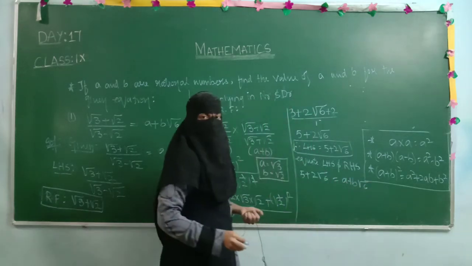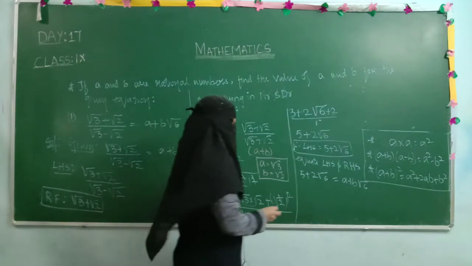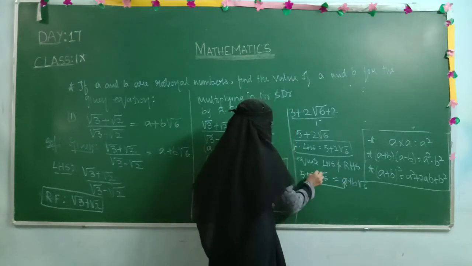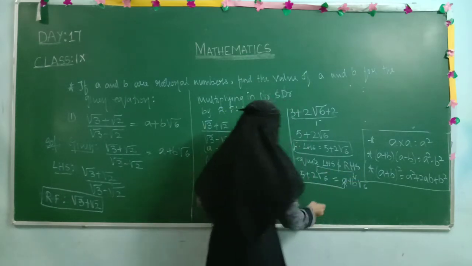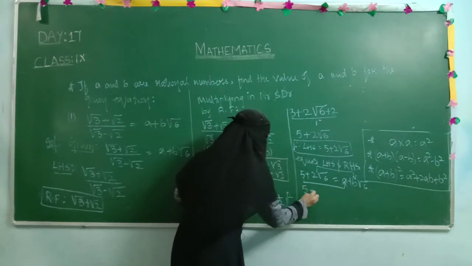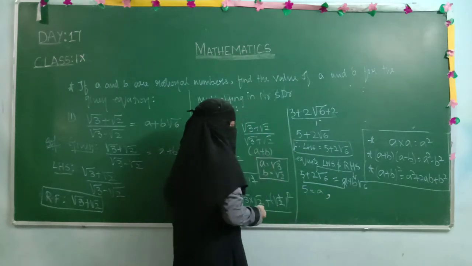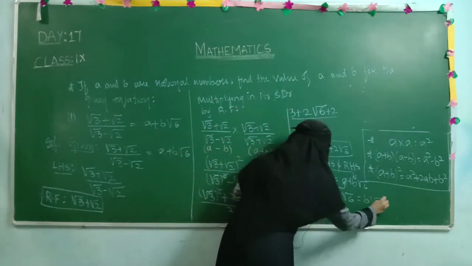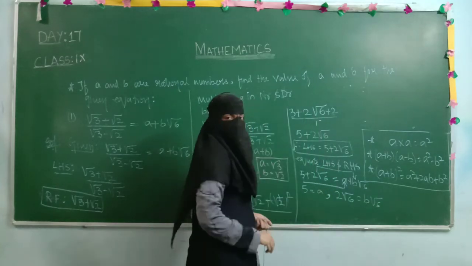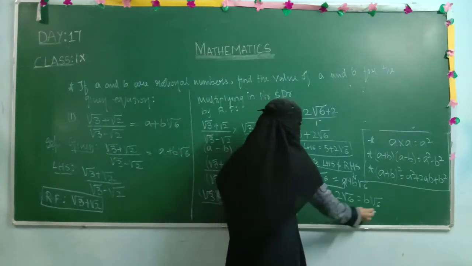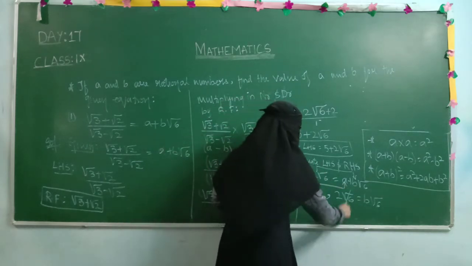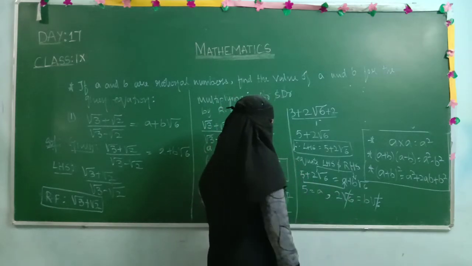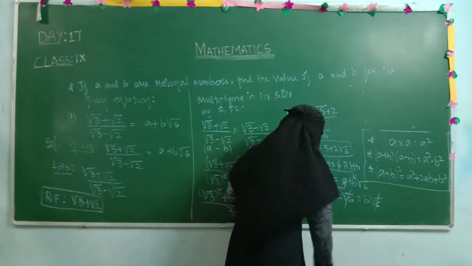Now here we are comparing first term with first term, second term with second term. So this is your first term, and this is your second term. We are equating. So 5 equals A. This we got. And here 2 root 6 equals B root 6. So on both sides we are having root 6. If you transpose that root 6 to the other side, it will get cancelled. So here this root 6 gets cancelled. So we will get B equals 2. Okay, B equals 2.